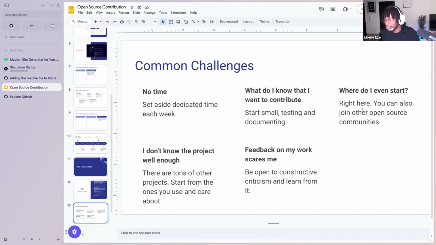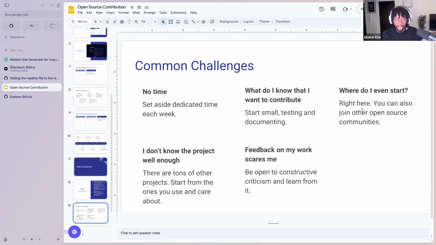And then the last challenge is, where do I even start? So let's say that I've sold you on open source now, and I've gingered you and you want to start doing open source. What's the first step you should take? The first step is right here, right? The reason we're having these workshops across different communities in different countries is to help you have the right answer to this kind of question. Where should I start? Start right here, right?